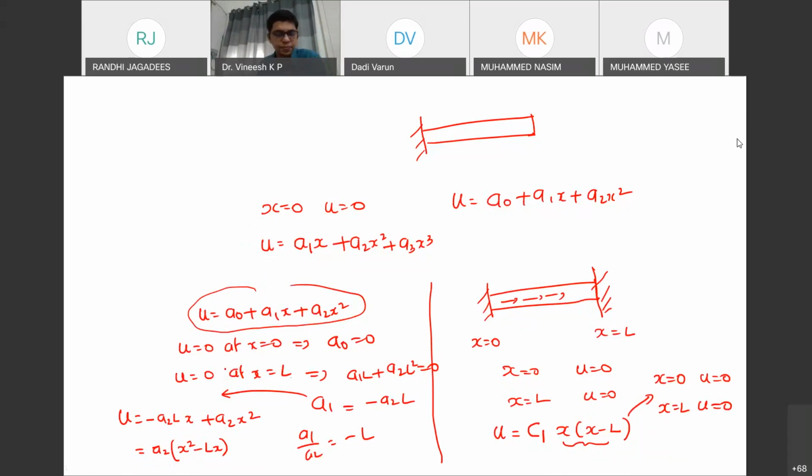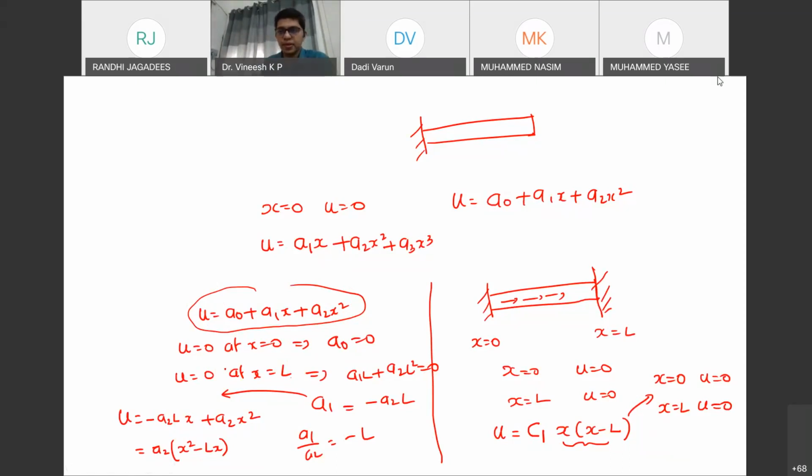Okay, so we will go to the tutorial now. Basically, what we did in the Rayleigh method is that initially you make an expression for the potential energy, and then you assume a displacement field, an approximate function, which is a polynomial. You substitute it in the potential energy expression, and then you can apply the principle of minimum potential energy. That is what we did here in the summary.